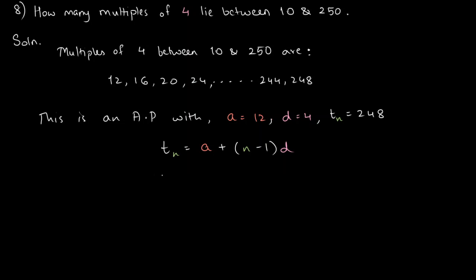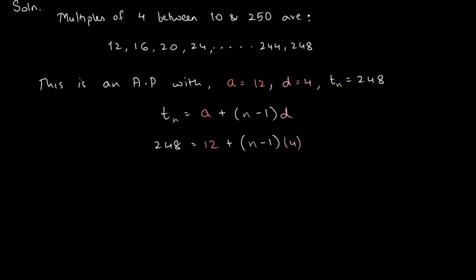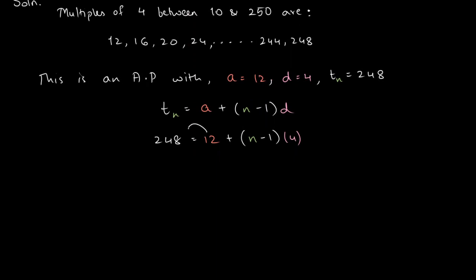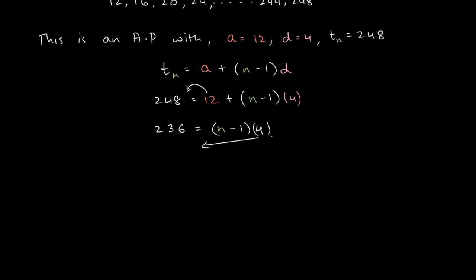Let's plug in all the values that we know and find the unknown. So 248, Tn, I know is 248, a I know is 12, plus (n minus 1), n is the unknown, into d, which I know is 4. Let's solve this and find the value of n. Take the 12 from the right hand side to the left hand side. 248 minus 12 is 236, which is equal to (n minus 1) into 4. The 4 is multiplication here, on the other side becomes division, so 236 divided by 4 gives you